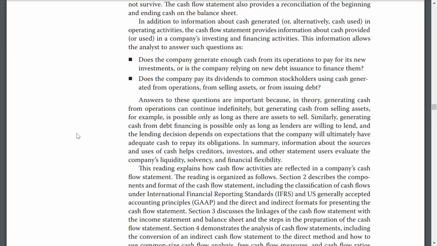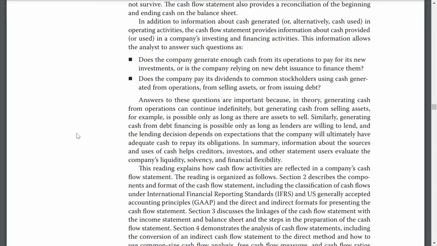Does the company pay its dividends to common shareholders using cash generated from operations, from selling assets, or from issuing debt? Answers to these questions are important because, in theory, generating cash from operations can continue indefinitely, but generating cash from selling assets, for example, is possible only as long as there are assets to sell. Similarly, generating cash from debt financing is possible only as long as lenders are willing to lend, and the lending decision depends on the expectation that the company will ultimately have adequate cash